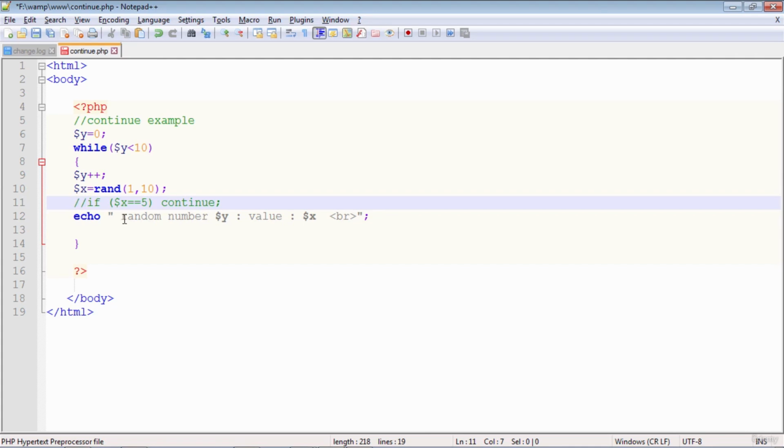Okay, so it is printing the value of y and x. So y is equal to 1, whatever the number was generated. So y is equal to 1, 2, 3, 4, up to 10 it will go, and corresponding values of x will be printed. This is if this statement is removed. But if this is the case, then